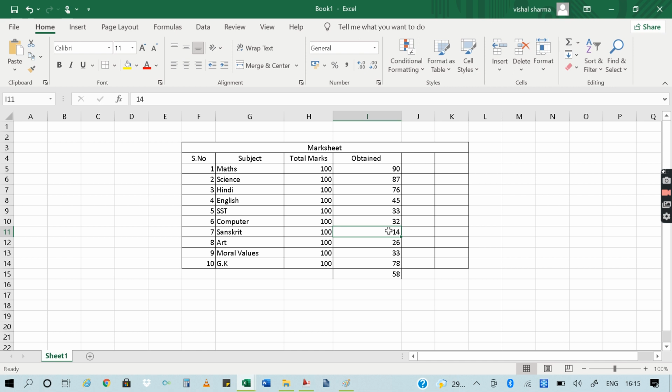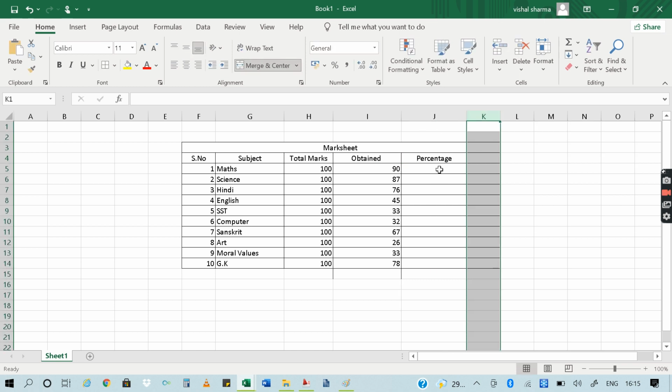Whatever number you want to enter, you can enter here. Okay, now if you want to get the percentage of the given number, you can make it over here.